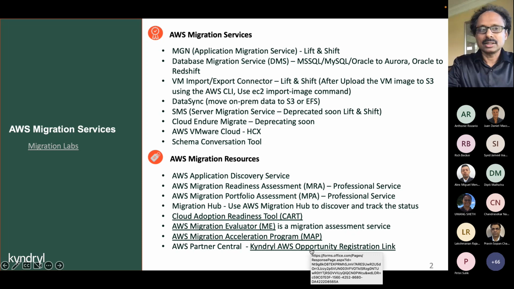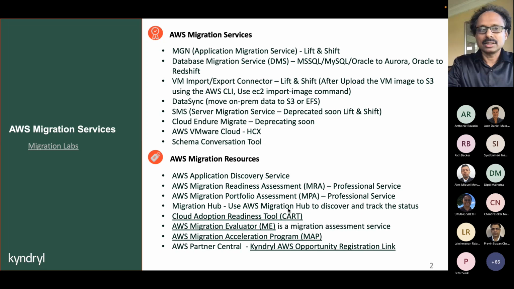And also, I put a couple of resources that will help us to do the migration. For example, the CAR tool or Migration Evaluator that will provide us a way of creating the business case for migration, or the MAP, Migration Acceleration Program.